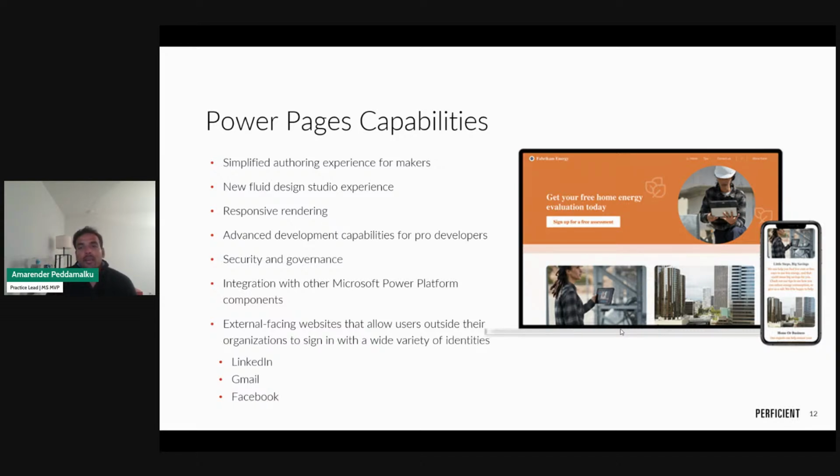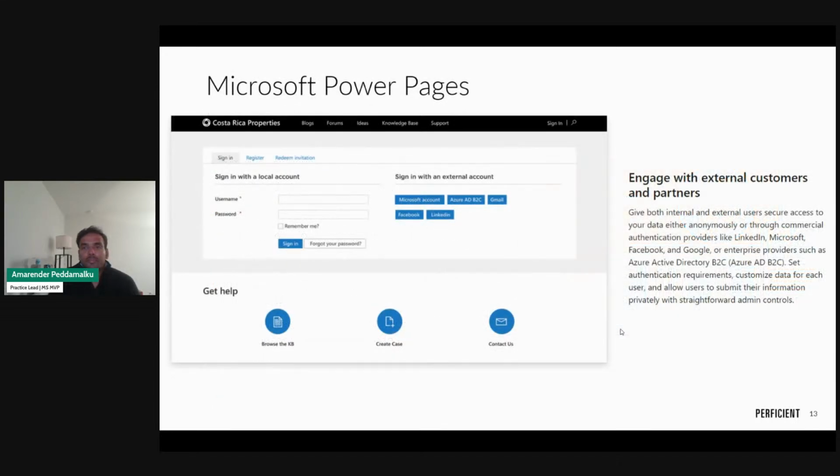So as I've said, it can fully integrate with other Power Platform components to make it an end-to-end solution. And then you can have different identity providers set up on your website, like LinkedIn, Gmail. You can let people log into your website using those identity providers. So you can securely engage with external customers and partners.